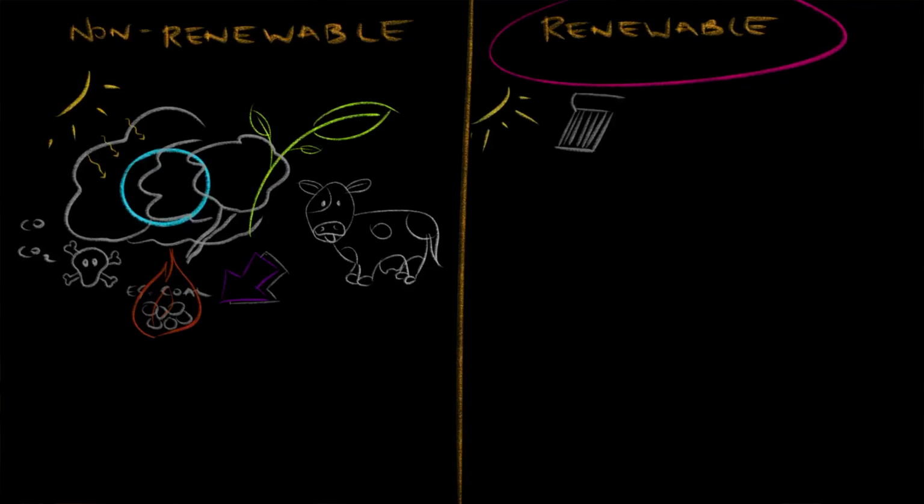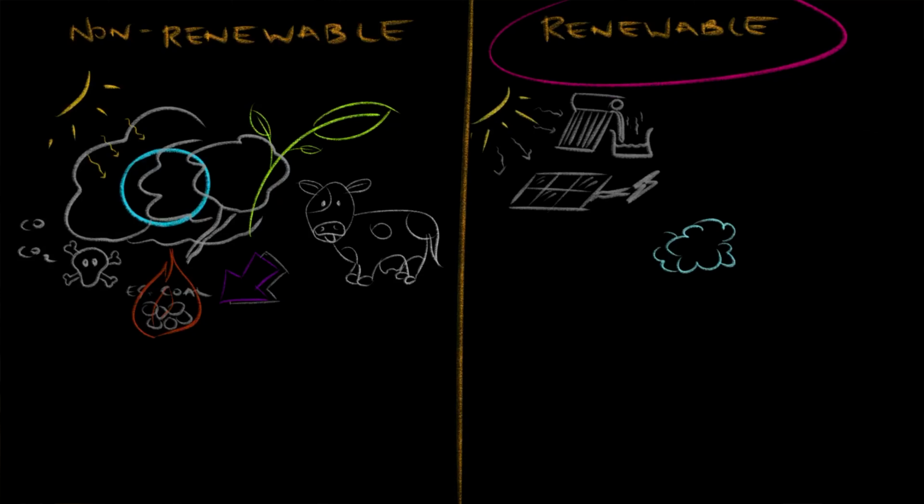These kinds of sources provide energy which can quickly replenish themselves and can be used over and over again. A good example of a renewable energy source is the energy from the sun, or solar energy. We can capture this free energy by using solar water heaters to capture its heat, or solar panels to convert